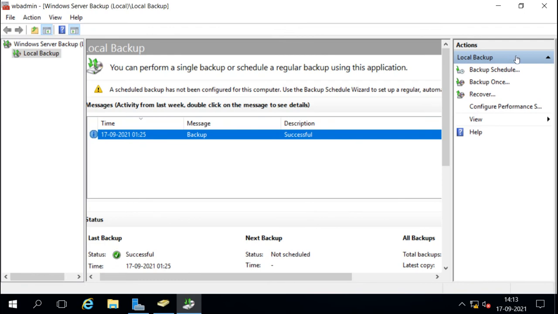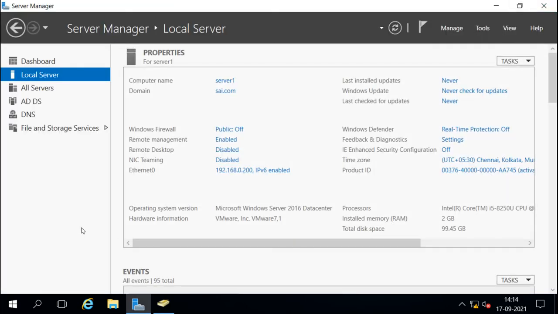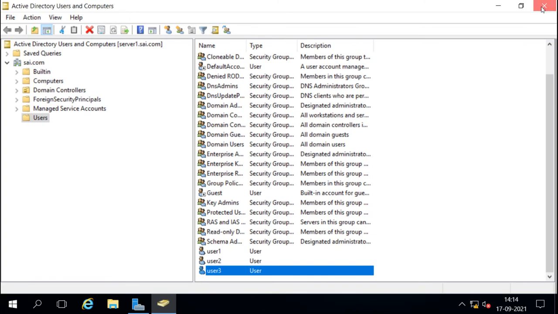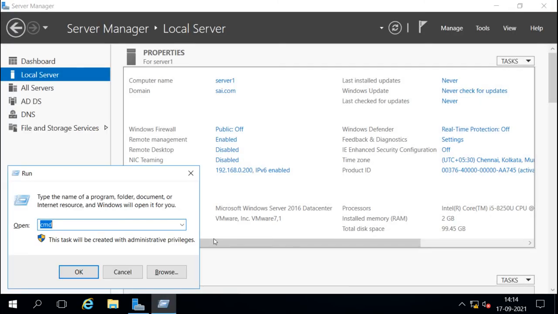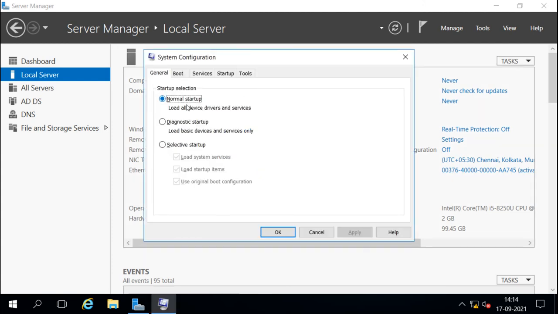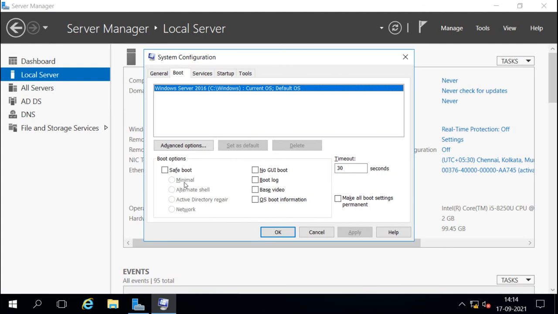So we have to go to restoration mode. For going to restoration mode we have to go to safe mode, and for going into safe mode we will give the command msconfig under Run. It opens the System Configuration window. Here we'll go to Boot and we can select Safe boot. Now safe mode has different options: Minimal, where no services are running, Alternate shell, Network, and Active Directory repair. So we go to safe mode with Active Directory repair, that is our directory restoration mode.